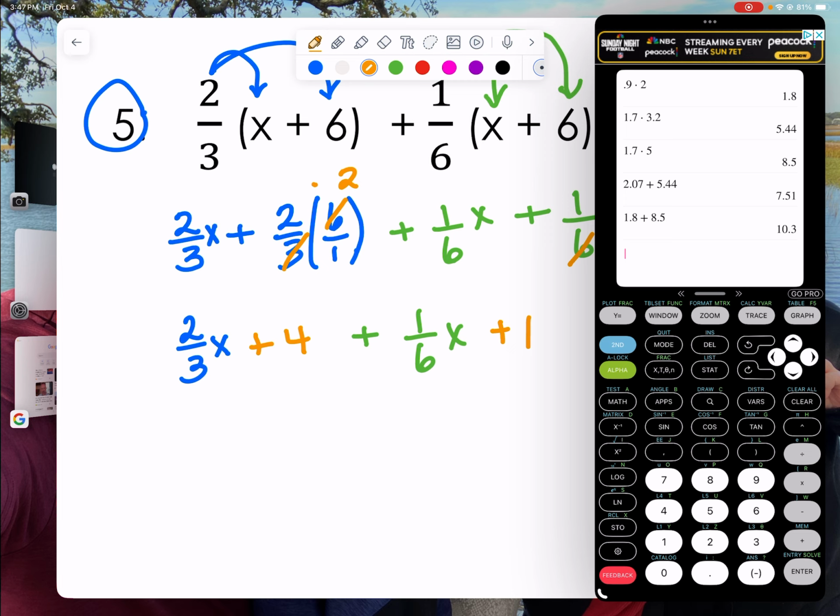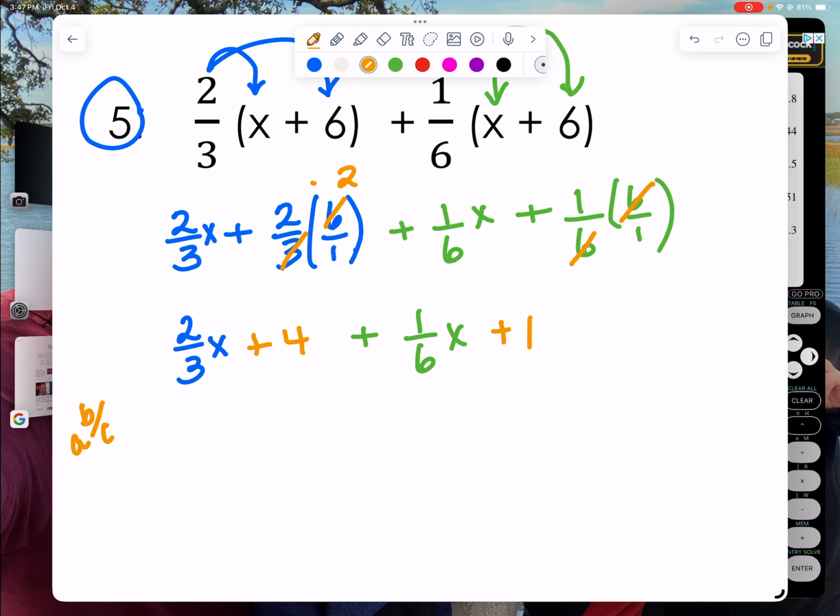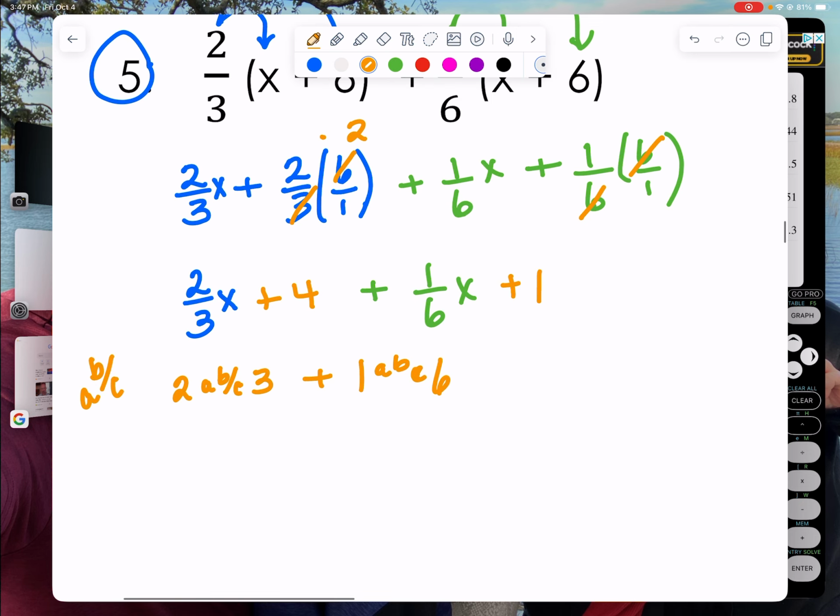your scientific calculator. Your scientific calculator is much better than this fancy bulky one because it has an ABC button. So find the ABC button on your calculator, and this is how you're going to put it in. 2 ABC 3, so that gives you 2/3, and then you'll put plus 1 ABC 6 and hit enter, and it will give you 5/6 x. So we're